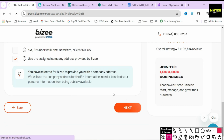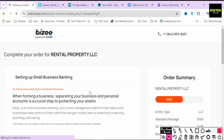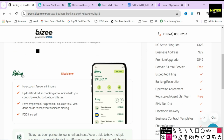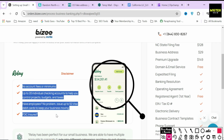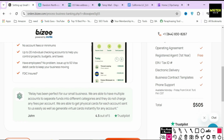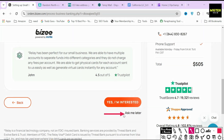Next. In the next section, Bizee will ask you whether you will set up a small U.S. business bank with Bank of Relay, which I previously explained in the beginning. Remember that this is an optional feature that you can pick up depending on your need. If you don't want to set up your business bank account with Relay, then just click on the Ask Me Later button. But for the sake of creating this video, I'll just select the Yes button and proceed to the